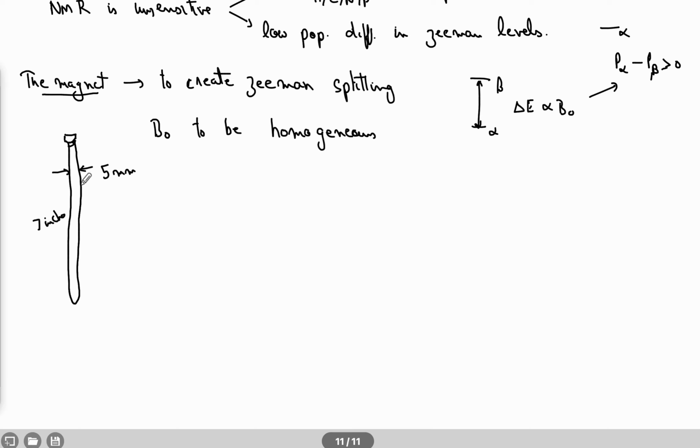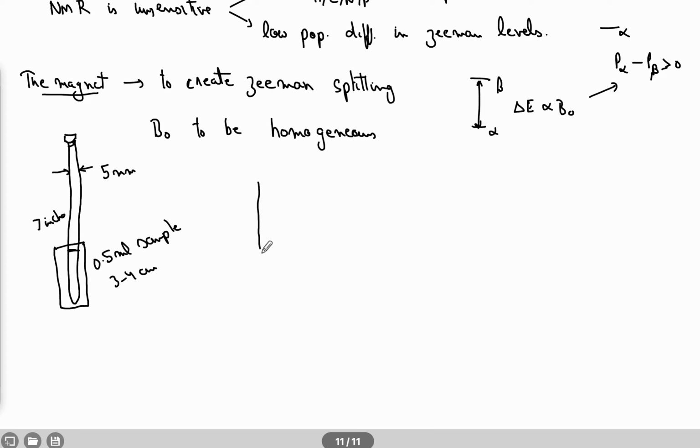There can be different shapes of tubes, but let's not go there. So typical length is 7 inches and the diameter is 5 mm. The inner diameter will be roughly 4.2 to 4.4 mm, and you need at least 0.5 ml of sample which goes up to a height of 3 to 4 centimeters. Okay, so we are now talking about magnetic field homogeneity in this volume, not area, volume.